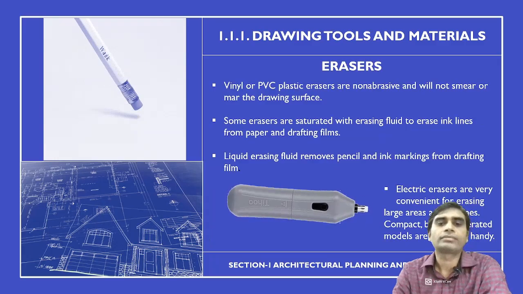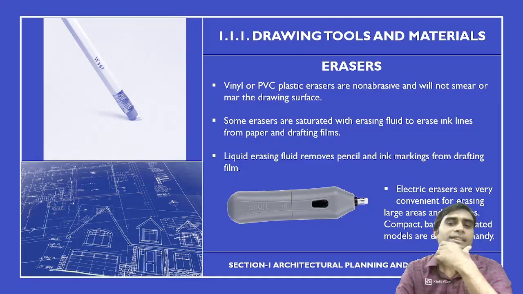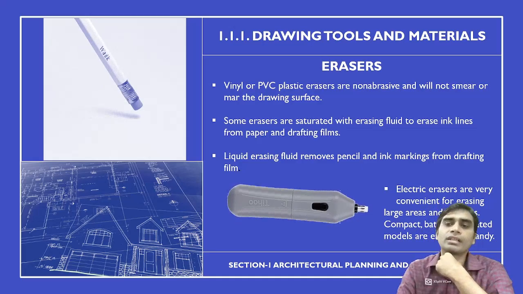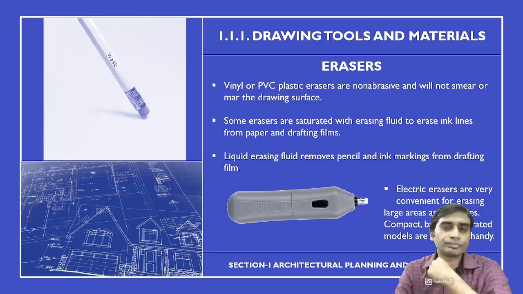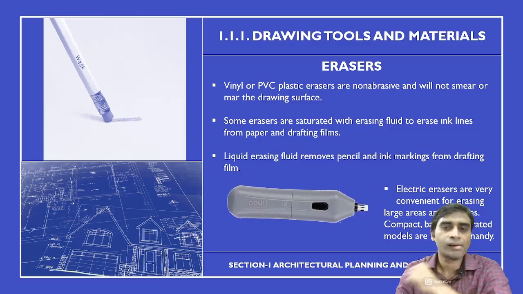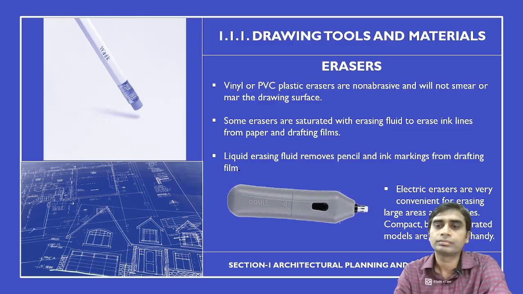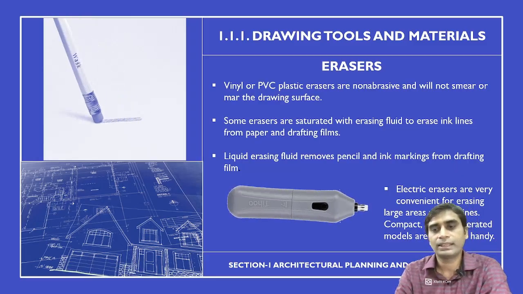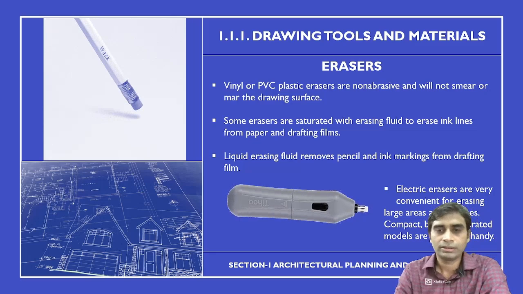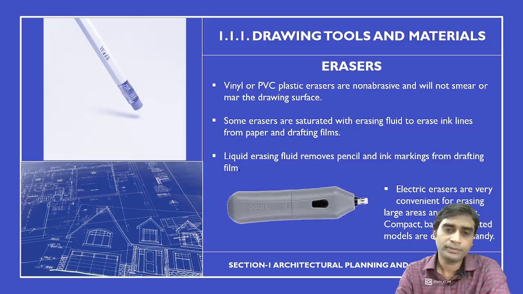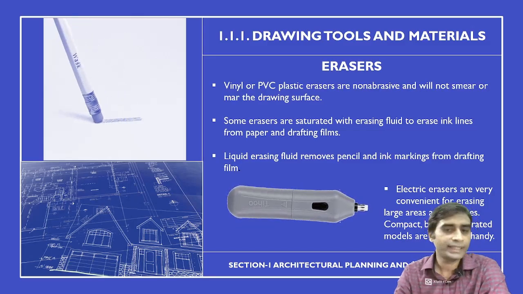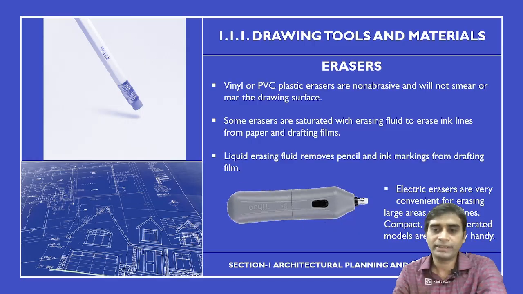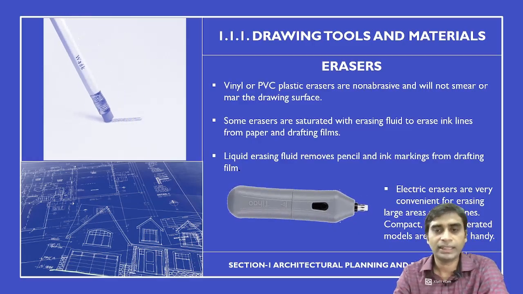Next is the eraser. Vinyl or PVC plastic erasers are frequently used in drafting. Liquid erasing fluid removes pencil and ink markings from the drafting. Even pen ink marking can be removed by liquid erasing fluids. Electric eraser is the new thing, which is battery operated and is used in removing the